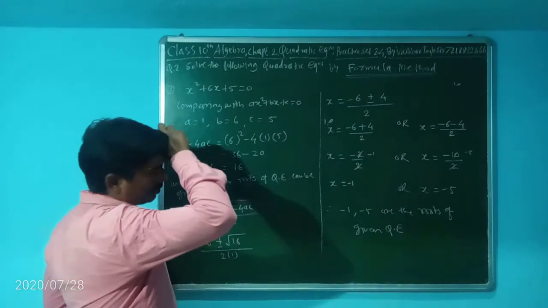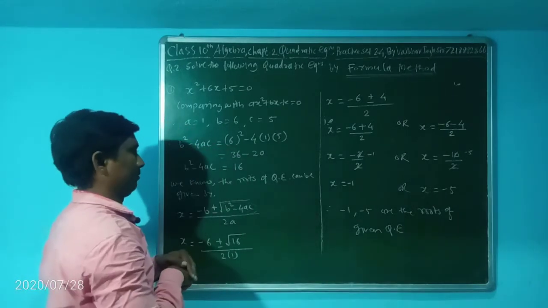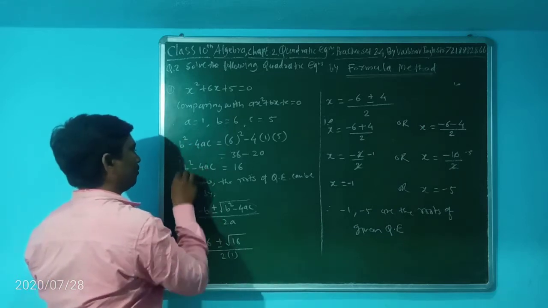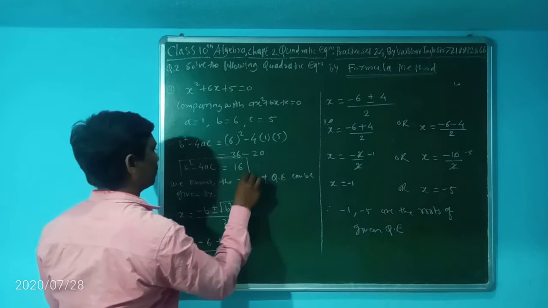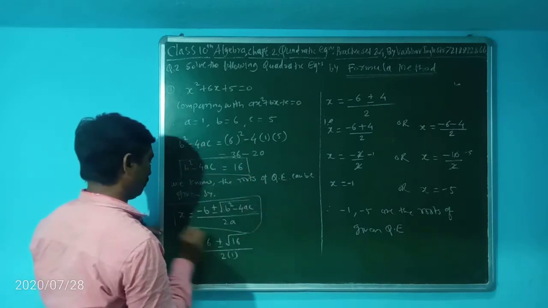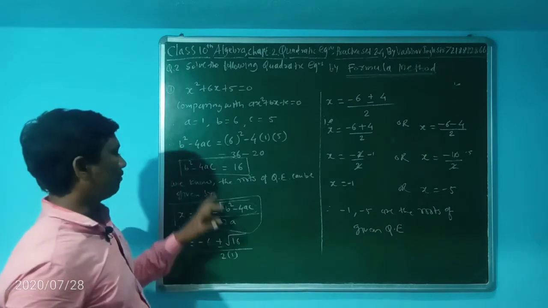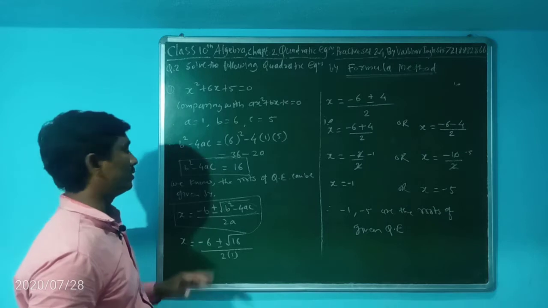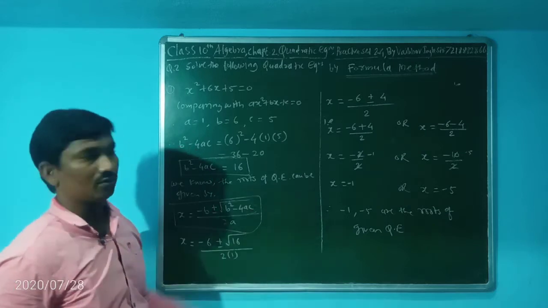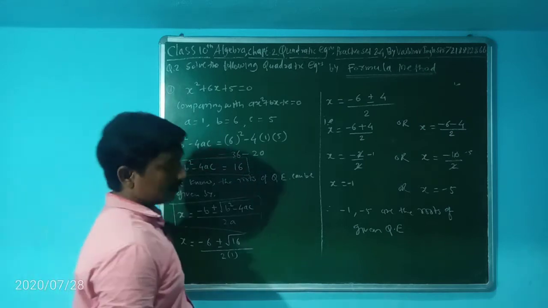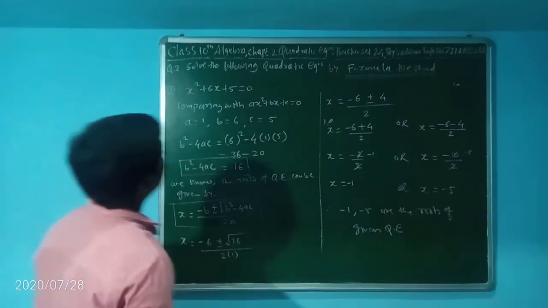You can remember this by using only 2 steps. First, you have to find the value of b square minus 4ac, and then you have to use this formula to find the roots, putting this value in place of b square minus 4ac, and just simplify so that you can get 2 values of x. Okay, now we'll go for the second example.